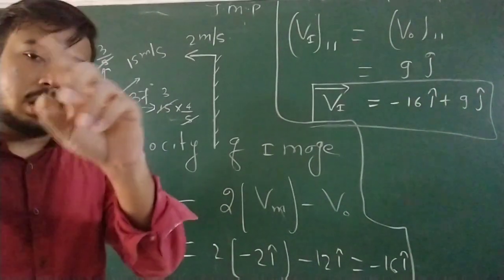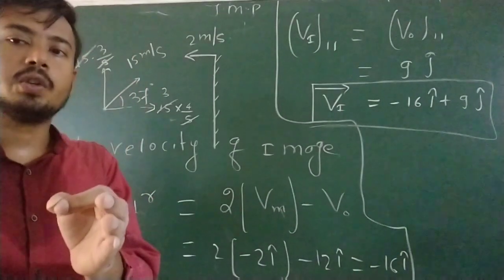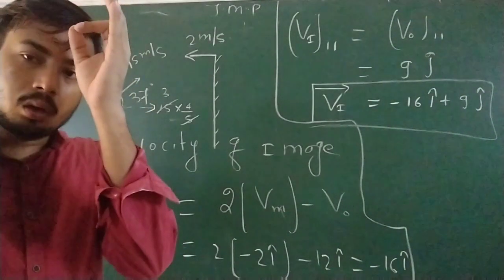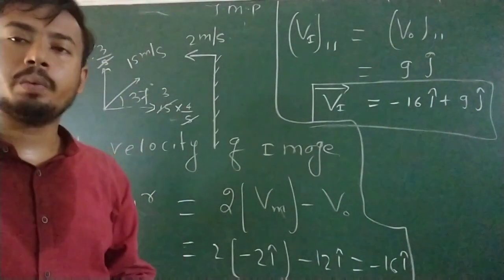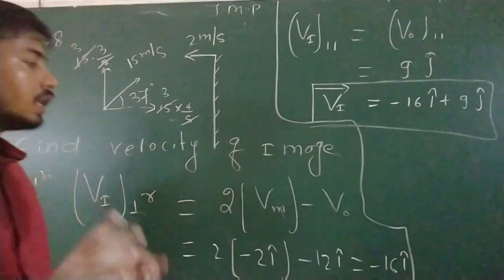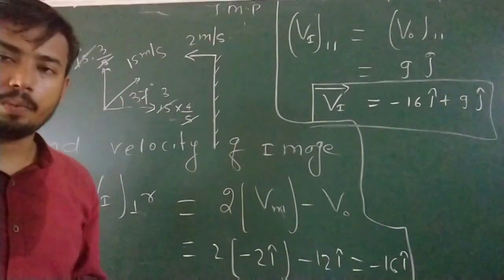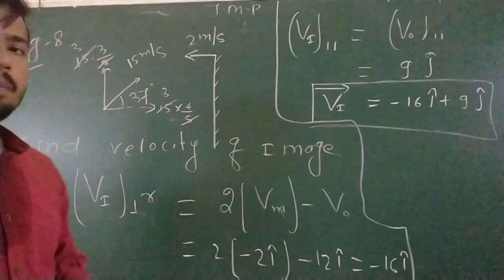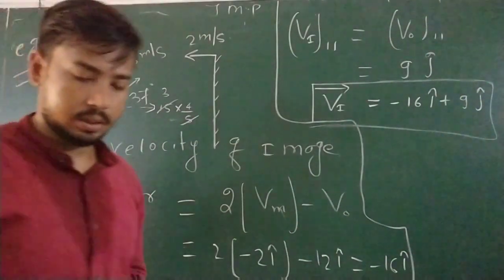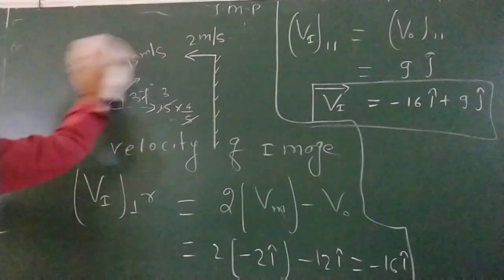Right? Now, if you attend all the lectures, then I am confirmed, damn sure, you will be able to do all the numericals which are based on plane mirrors. Okay? So this is the calculation of velocity of image, right? All the cases we have taken. Now we are going to another case, another example, right? Next, example 9.